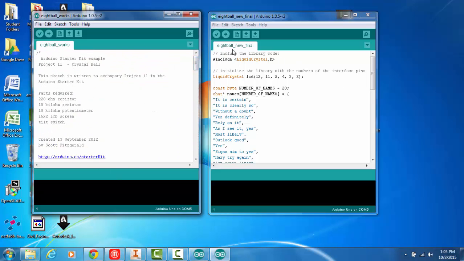So this is my final 8-ball sketch. It starts by including the liquid crystal library, which is required for the display. I define all the pins that the display is using, and that's pretty much it to get the